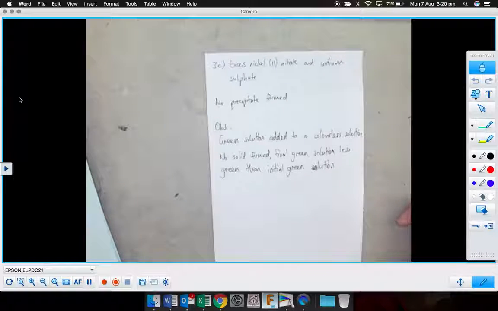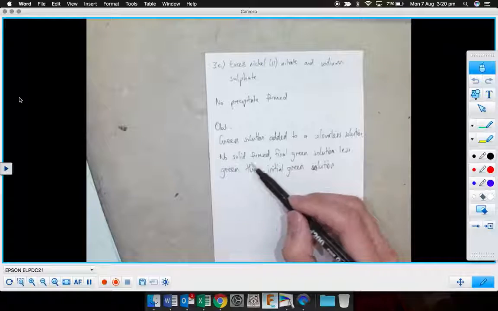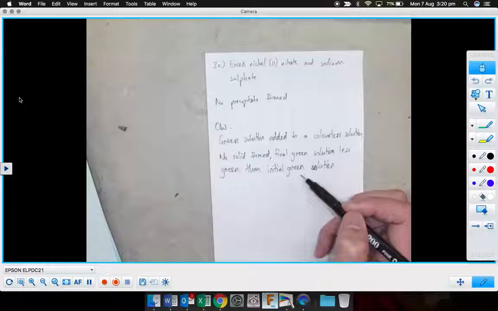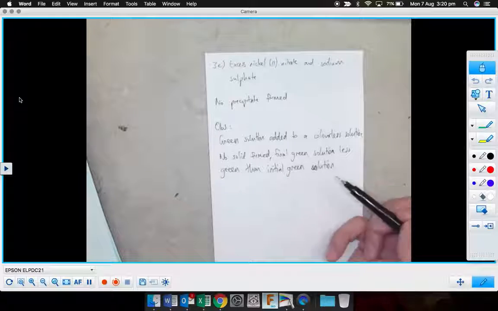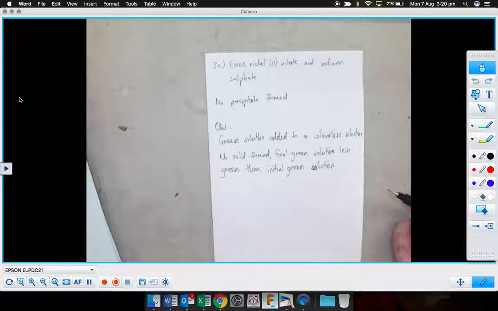What have I done wrong there? Right, I really should have said something along the lines of no solid formed and a green solution is formed. Right? But it kind of says in it anyway. All right, so that's how you do precipitation reactions. I want you to really practice these because they'll be in the assessment. All right,